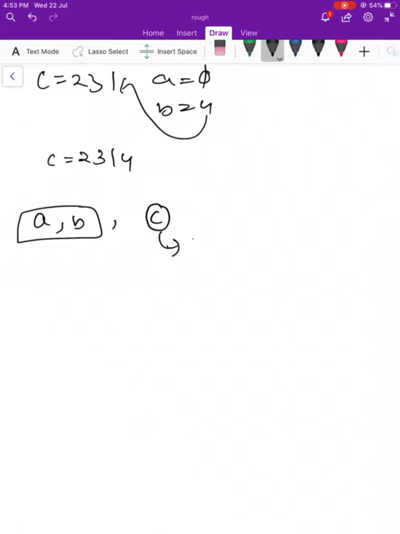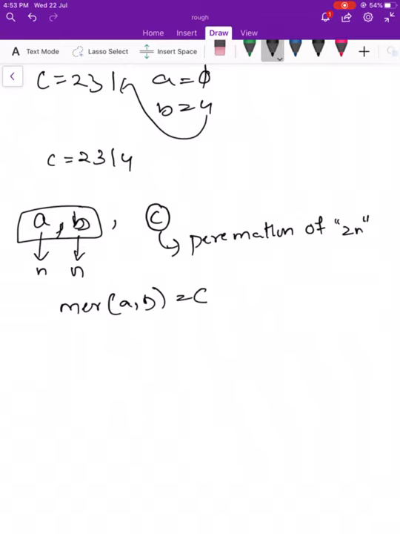Here C is a permutation of the first 2n numbers, and we have to see whether there exist two arrays A and B, both of length exactly n, whose merge operation gives C.